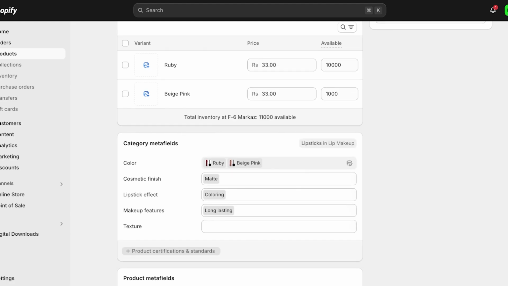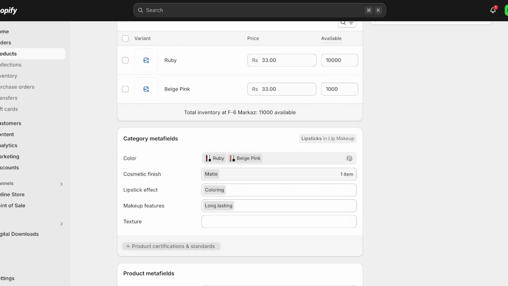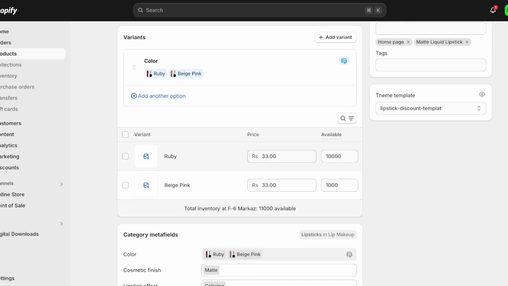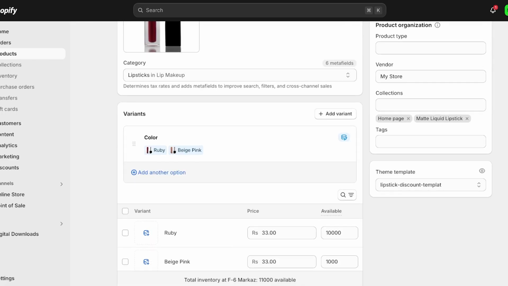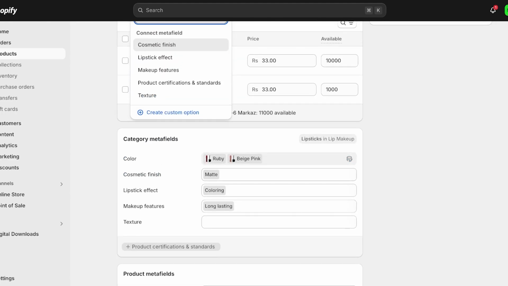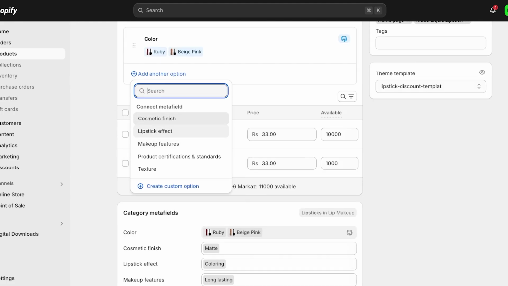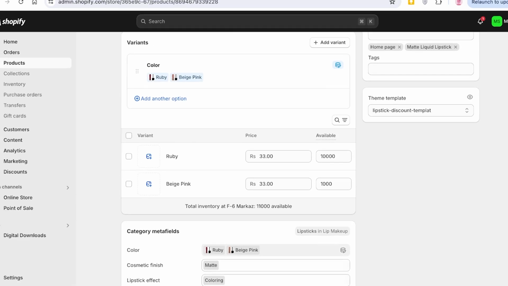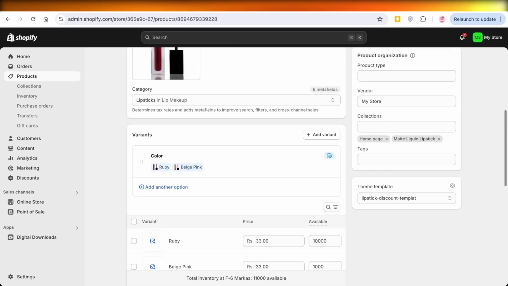One other thing to note is that it's not necessary to display all of these. Your category meta fields are not going to be displayed. And if you do want to display those, you can go on to the top and add another option, and you can connect your meta field. So meta fields just help you in categorizing your products on your own store. And then if you want to display that particular definition to your customers, you're going to click on add another